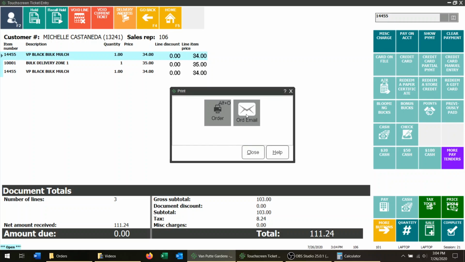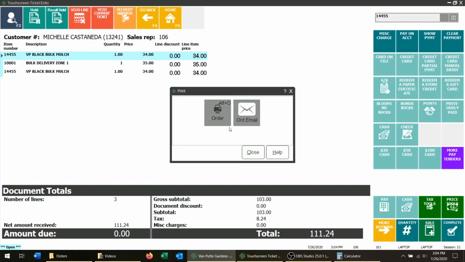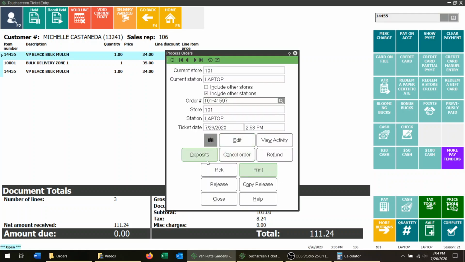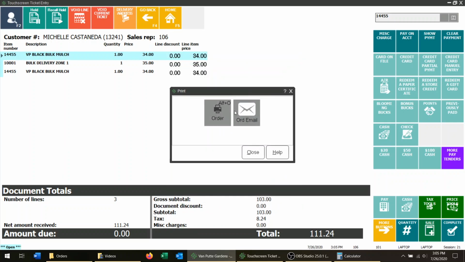If you were doing all this and they weren't standing in front of you and you were over the phone, I would do the order email and then email them that. What this order email does is email them this paper that you see, the order delivery slip. The first ticket that I did after the deposit is the paper receipt that prints out of the receipt printer where it says unshipped and etc. So generally, if you're doing orders, you want to send them this order email, not the ticket one, because there's really no valuable info on there,